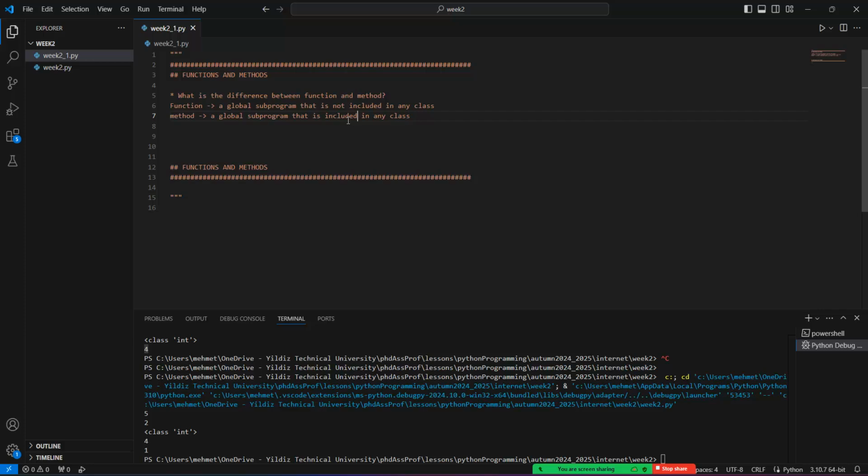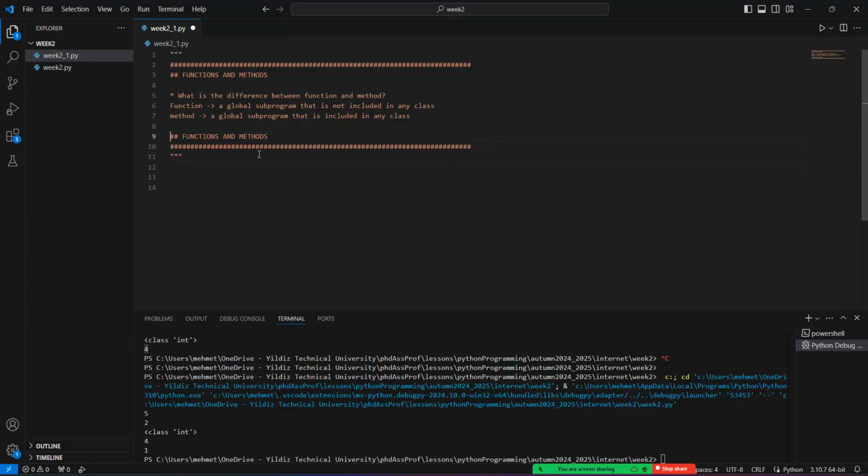This is the basic difference between the definition of a function and a method. If we are talking about a method, you will understand that this is a class method. But we can only say function when this is a global subprogram that's not included in any class. For example,